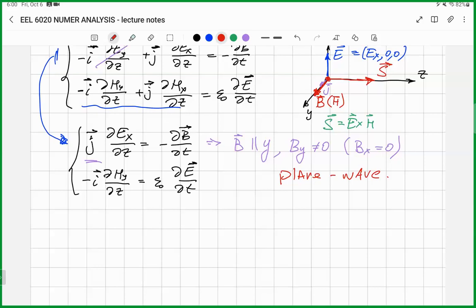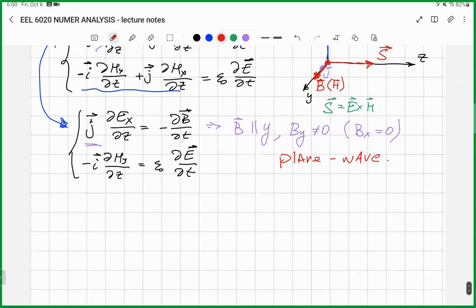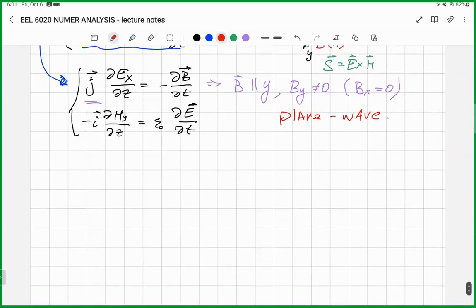And so far we didn't imply any special dependence on time. But we can assume that our fields are harmonic functions of time, so they oscillate at one single frequency omega. So for harmonic fields,